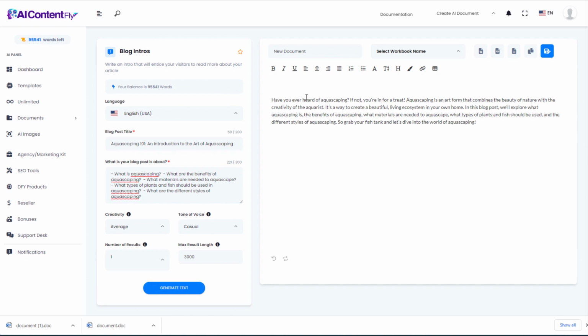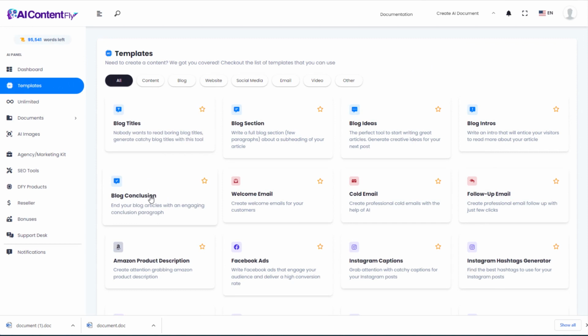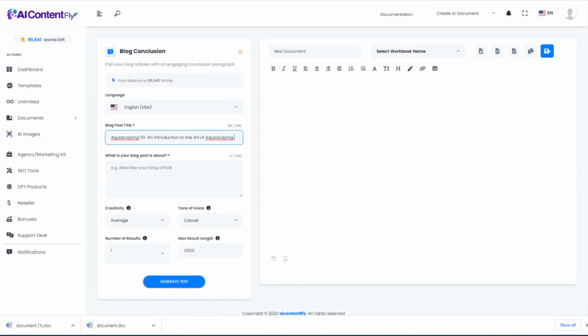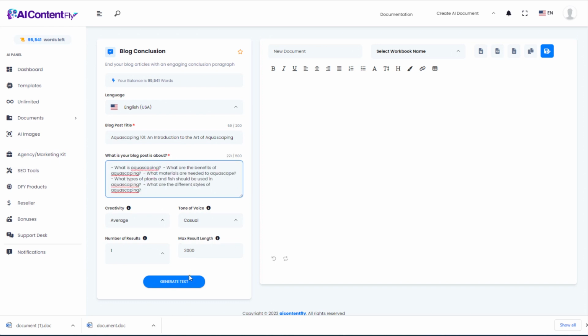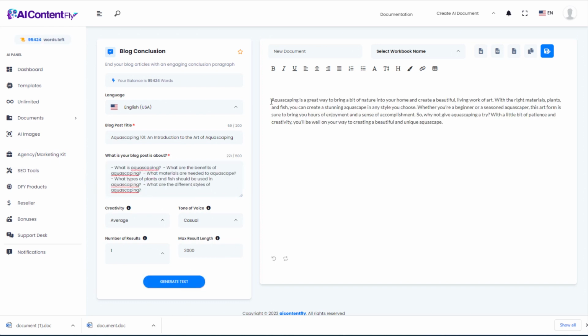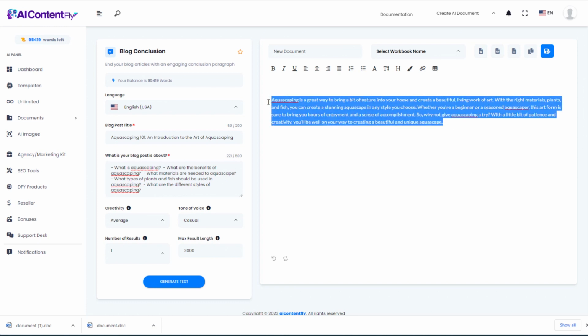in the reader. Like, have you ever heard of aquascaping? If not, you're in for a treat. Aquascaping is an art form that combines the beauty of nature with the creativity of the aquarist. So this is a really great intro. Next, we'll look at creating a conclusion. And instead of reinventing the wheel, again, I'm going to paste in the exact same content that we've been using. And this time, instead of giving us an intro, it gives us a great summary conclusion for any blog post